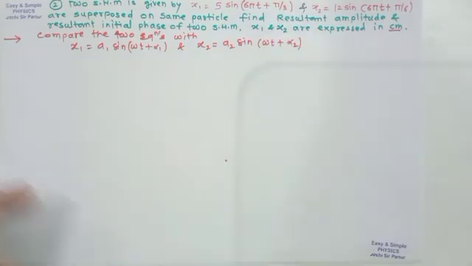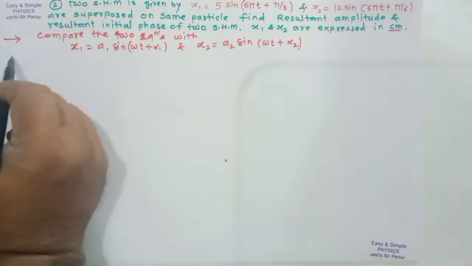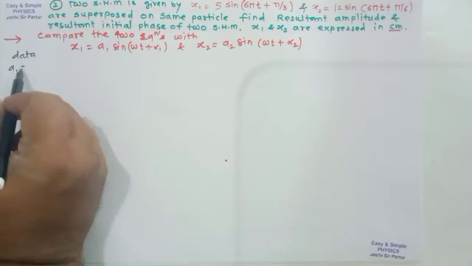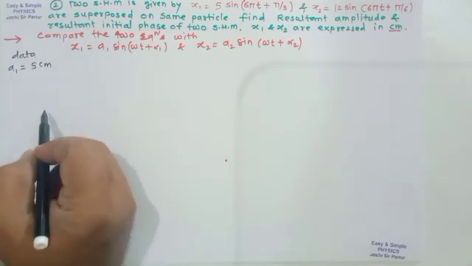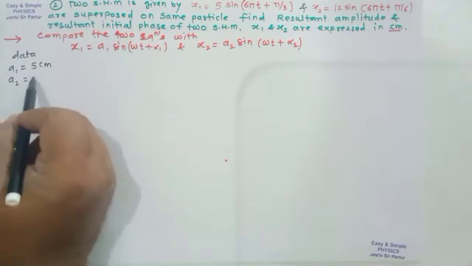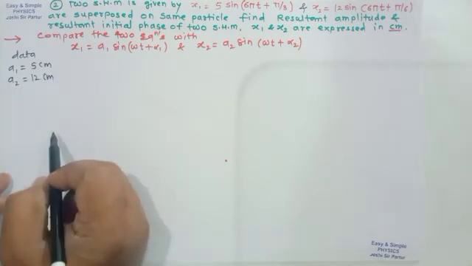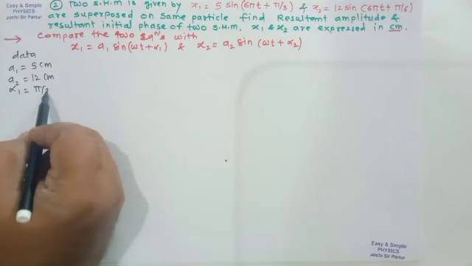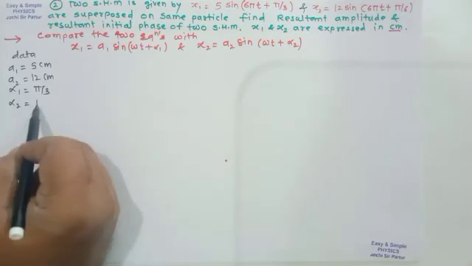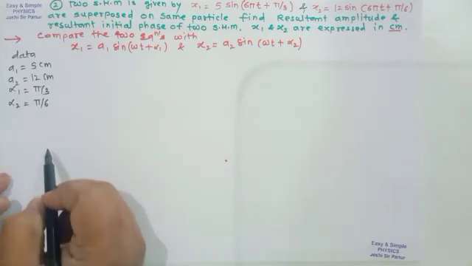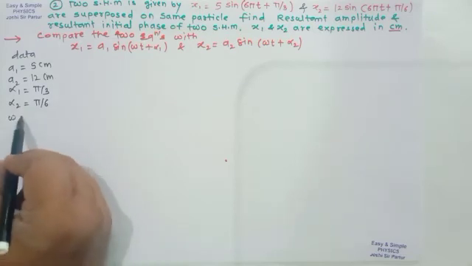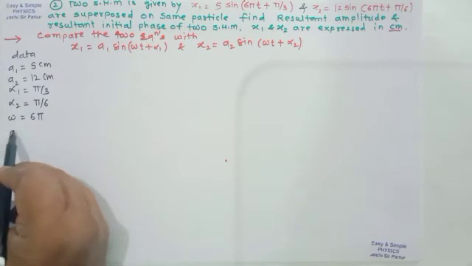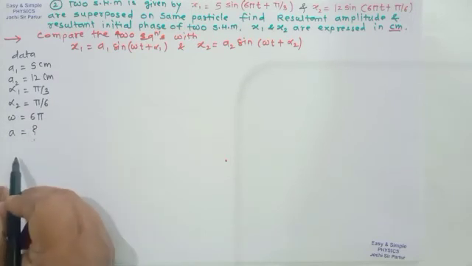If we compare, we can write the data: A1 is 5 centimeter, A2 is 12 centimeter, alpha 1 is pi by 3, alpha 2 is pi by 6, omega is 6 pi, and we can find the resultant amplitude A